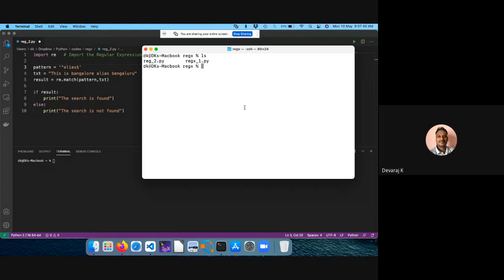Fine. Python 3 reg underscore 2 dot py. So it should give the search actually. The search is found because I have given that particular thing alias. Re dot match, it will search for the match. Otherwise, we'll use the search pattern.